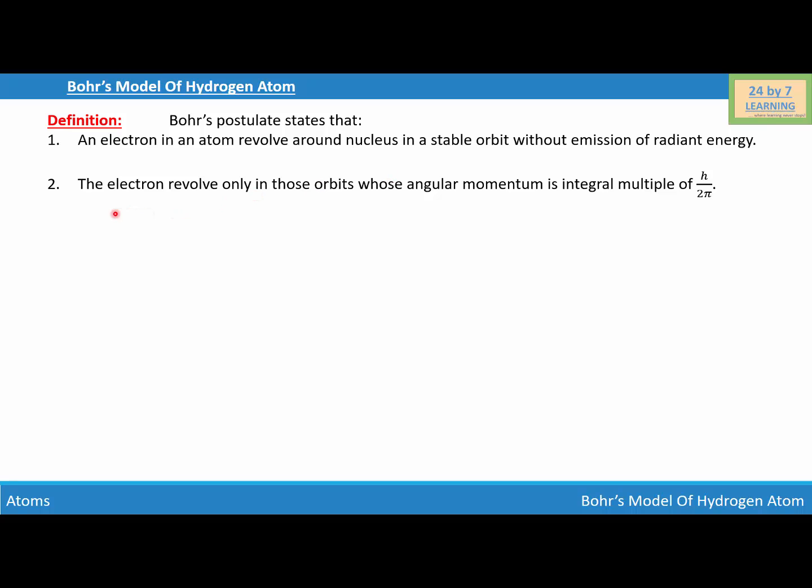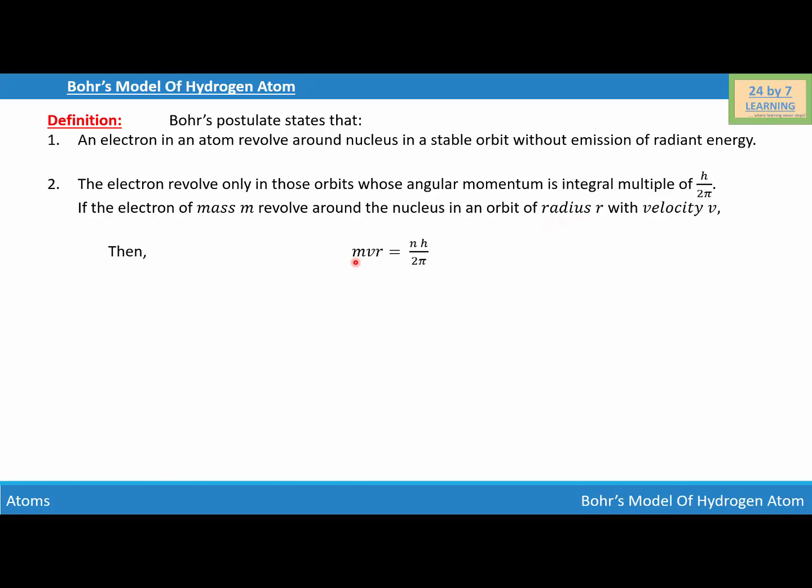The second postulate is that the electron revolves only in those orbits whose angular momentum is an integral multiple of h over 2 pi. If we consider an electron of mass m revolving around the nucleus in an orbit of radius r with velocity v, then we can write mvr = nh/2π, which simply means that according to Bohr's second postulate, the angular momentum is equal to an integral multiple of h over 2 pi,